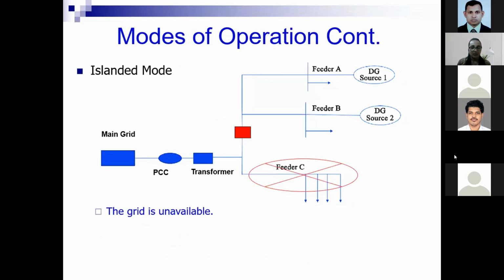In the islanded mode, the utility grid does not supply power to the microgrid. The static switch is kept open as shown here. The microgrid frequency and voltage do not follow the variations of the main grid as in the grid connected mode. In a grid outage or as scheduled, a microgrid can be isolated from the grid's distribution system at the point of common coupling. According to the diagram, all the feeders except for feeder C are supplied by distributed energy resources